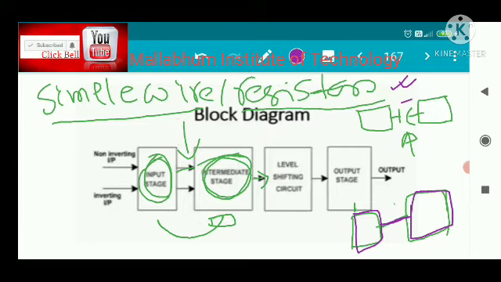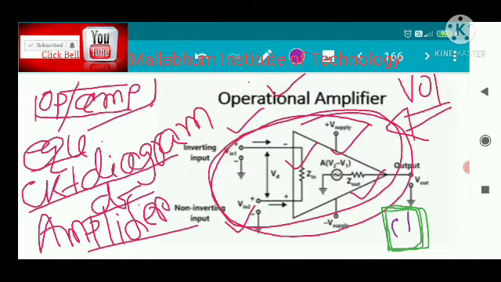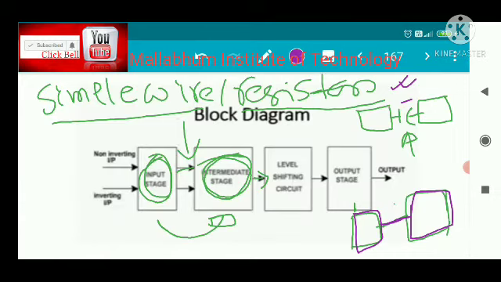The advantage is that as we are fabricating the op-amp inside a chip, fewer components are advantageous. If we can design the op-amp with fewer components, that helps. If we employ a capacitor between every stage, the number of components increases. As the number of components increases, the fabrication cost also increases and the size of the chip also increases. So those are the two disadvantages of the coupling capacitor. That is one advantage of direct coupling, but there is also a dark side, and that's why we employ the label shifting circuit.